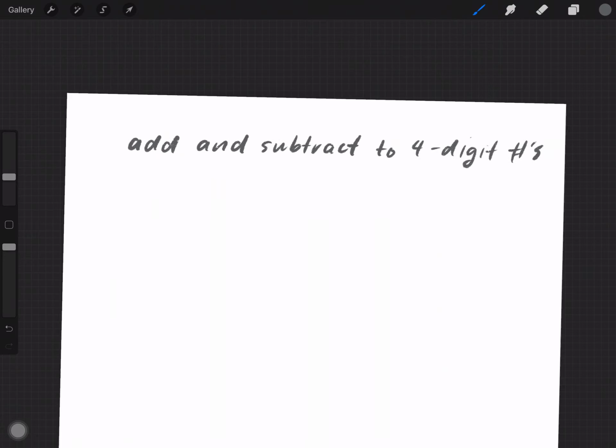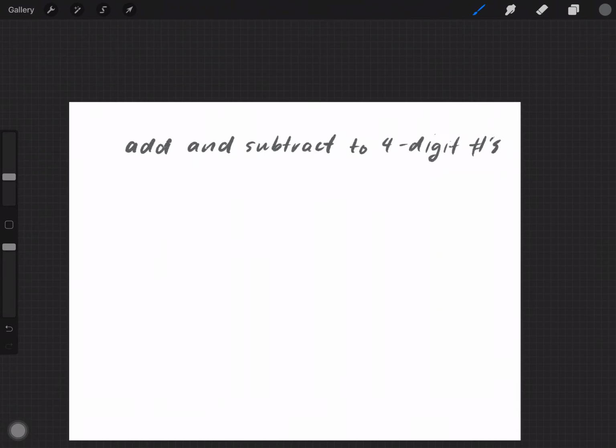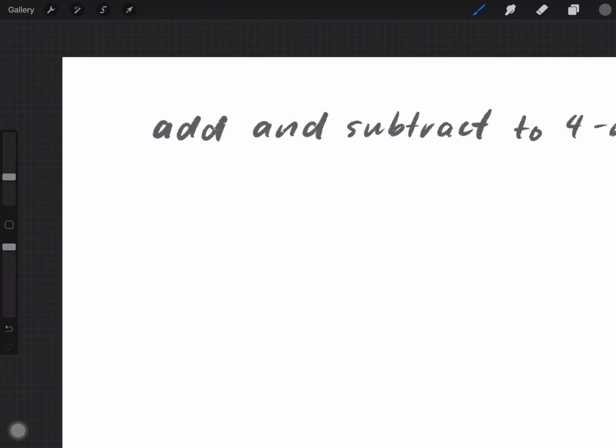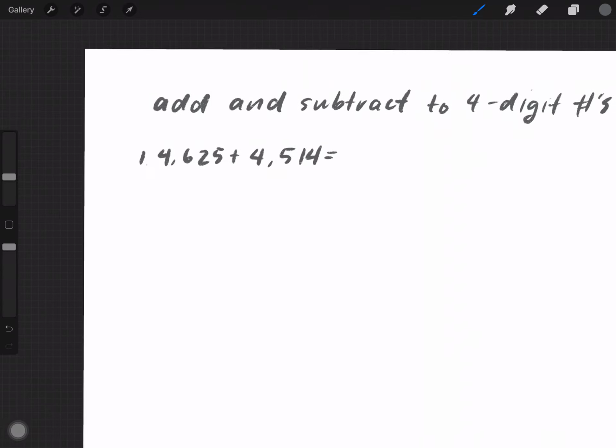So the first worksheet that you should have in front of you should say add and subtract to 4-digit numbers. I'm going to walk through one addition problem and one subtraction problem with you. So the first one I'm just going to do is 4,625 plus 4,514. Now they write it horizontally from left to right, but I want you to rewrite it on the